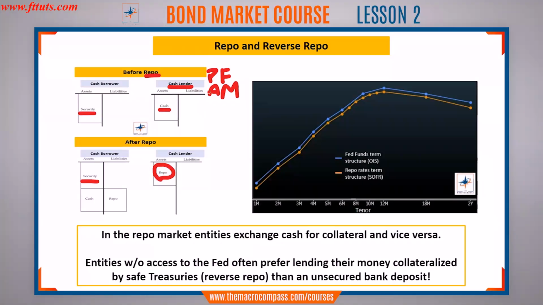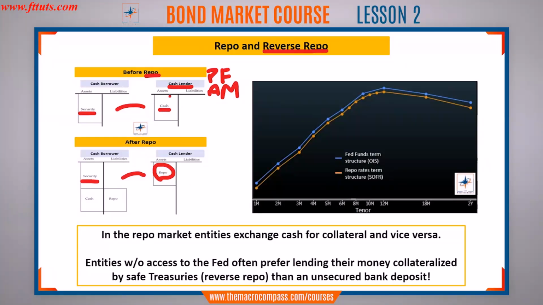This guy, the cash lender, the pension fund, the asset manager, has engaged in what is called a reverse repo transaction. So basically, this direction is a repo and this direction is a reverse repo. Again, it's all about jargon, but it's really easy if you understand the mechanics. And the entity